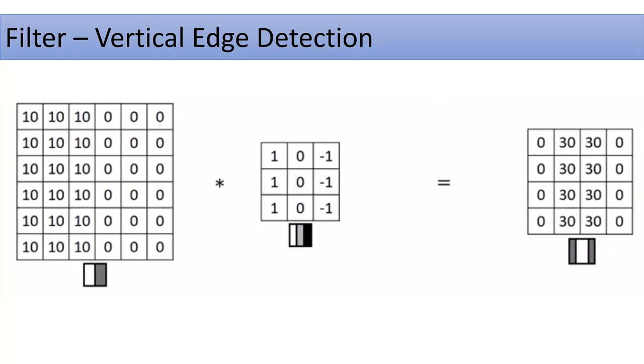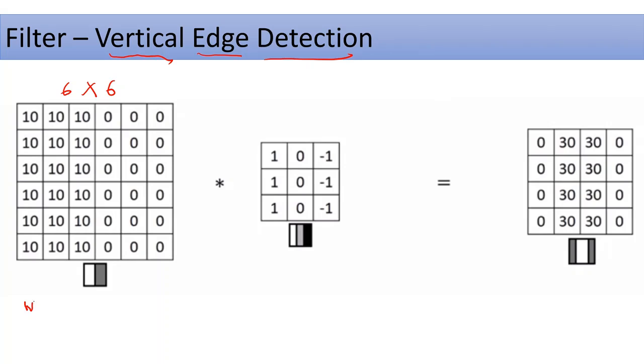I will now show you a real world example of the filter. So we are going to do vertical edge detection. In vertical edge detection, we have our input image given to us as a 6 by 6 matrix, which has 3 columns of tens, which are positive numbers, and 3 columns of zeros, which are just zeros. In our case, the positive numbers are going to be denoted as